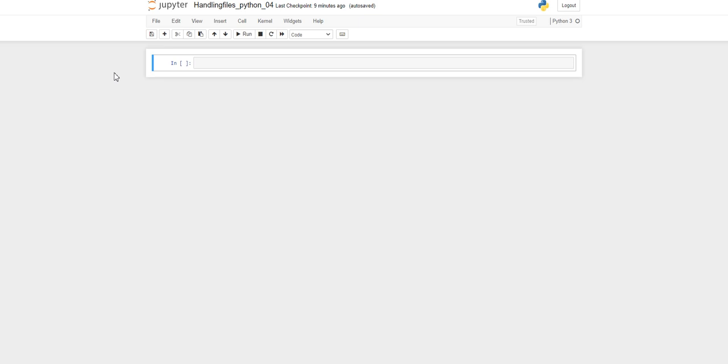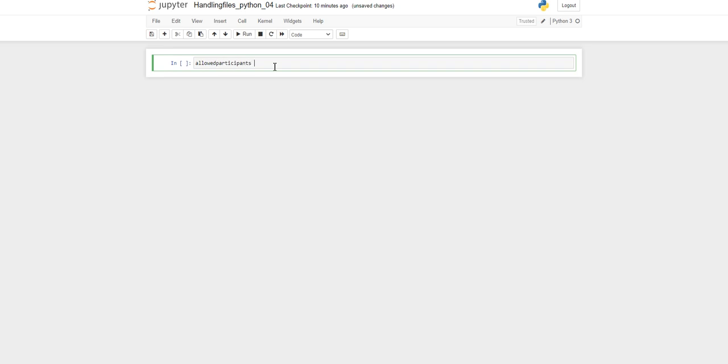So today we will see handling of files in Python. We will take a small example and we will try to write data into that file, and we will also read the data from the same file. Okay. So for an example, we will collect some participant data, and we will write the participant data into a file, and we will read the same thing from the file. Okay.